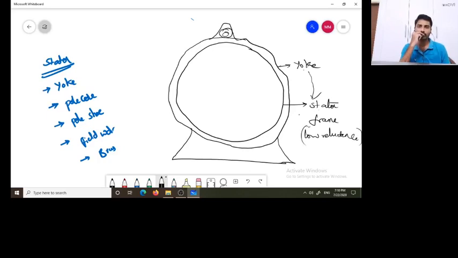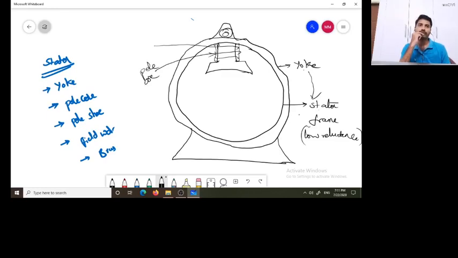Now we'll see about a pole core. So basically the poles are like this, in this shape. So what is the core? Core is an iron part material. This is where the windings are wound on the iron part, which is nothing but a core. Here I'm drawing the windings which are wound on the core, so this part is called a core. So these are the poles, so we can call it a pole core.